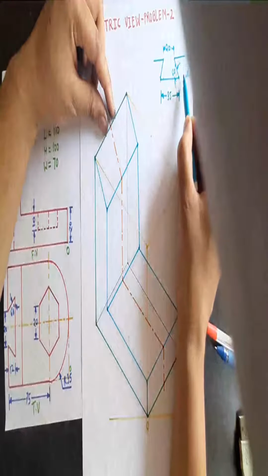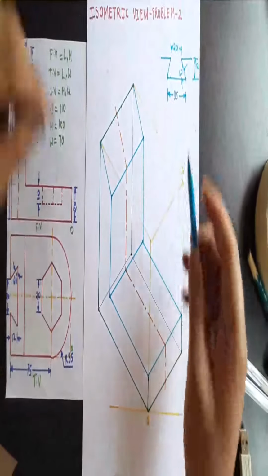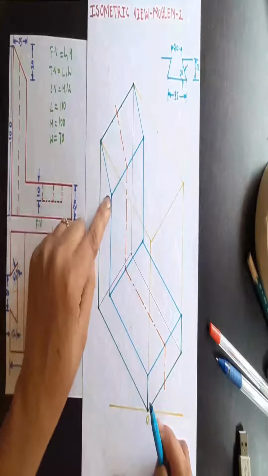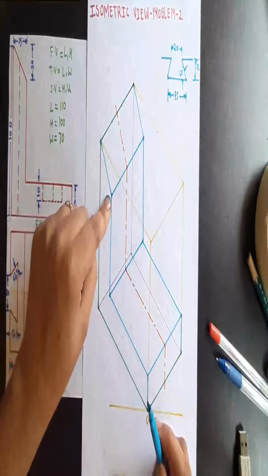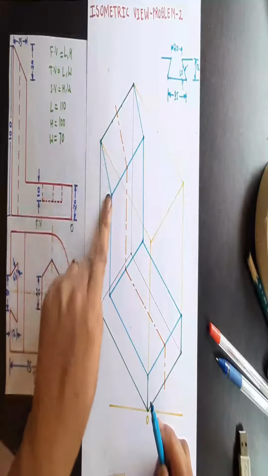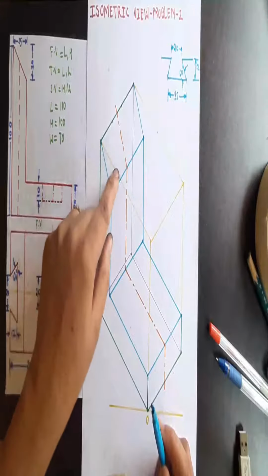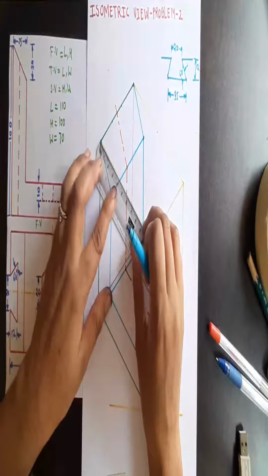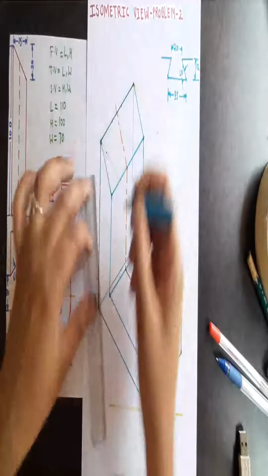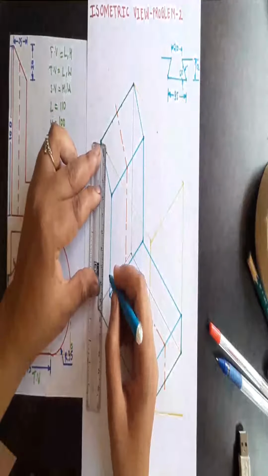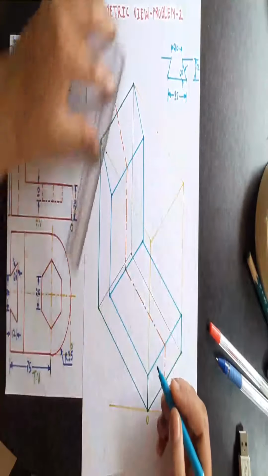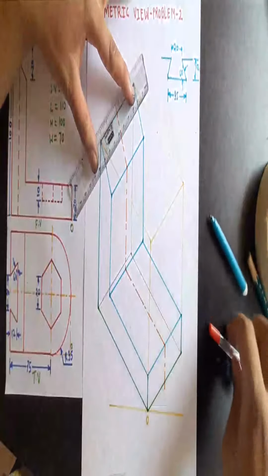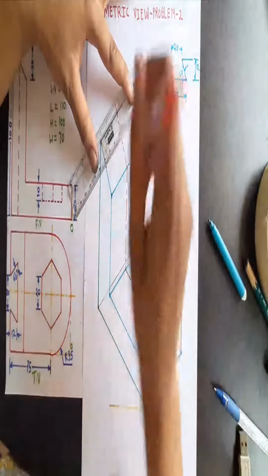This is 12 mm along the length, but this is not along the length. It is not an isometric line. Hence you can't mark your 12 mm on this one. You are supposed to mark it on this isometric line and then shift it downward, vertically, to the inclined line. So let me mark the 12 mm over here and then shift it downward to the inclined line. Once you have got it, draw the line passing through that point. I'm drawing here with the pen so you can see it like a projection.